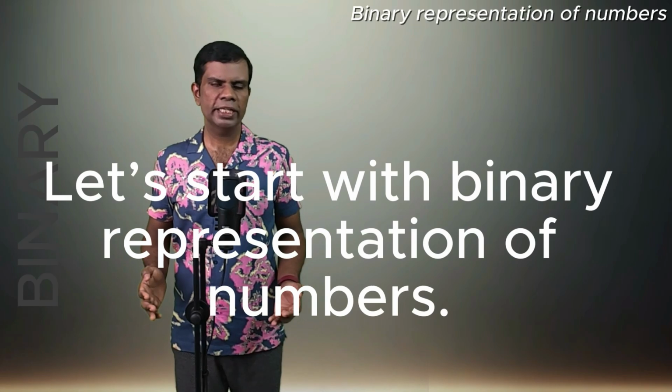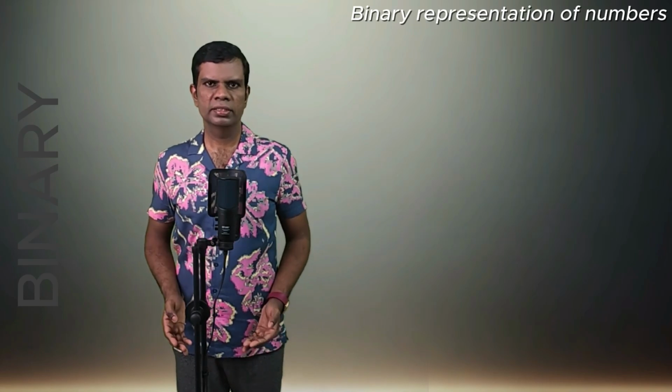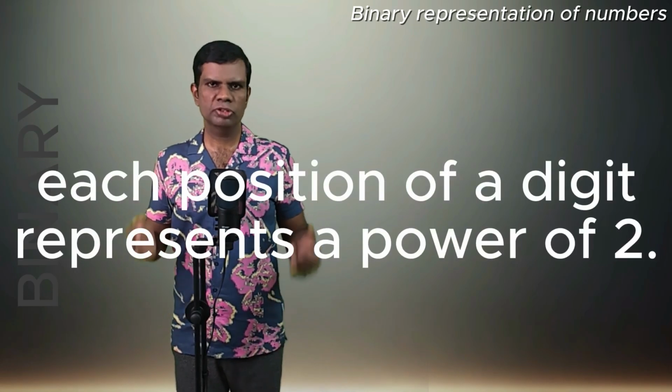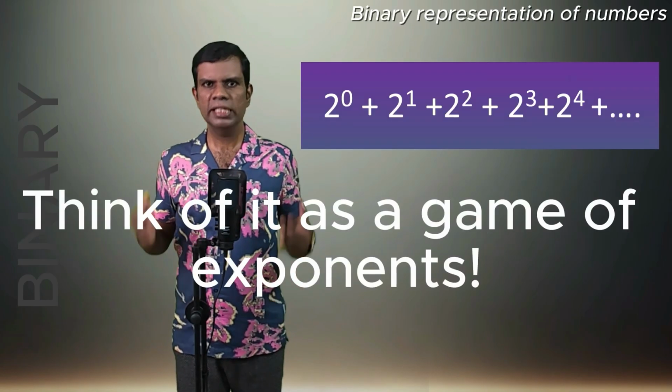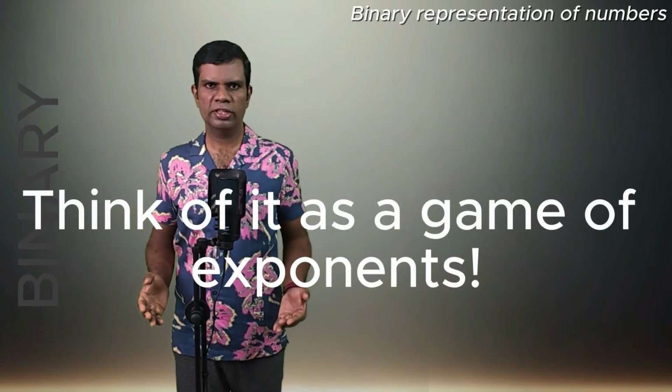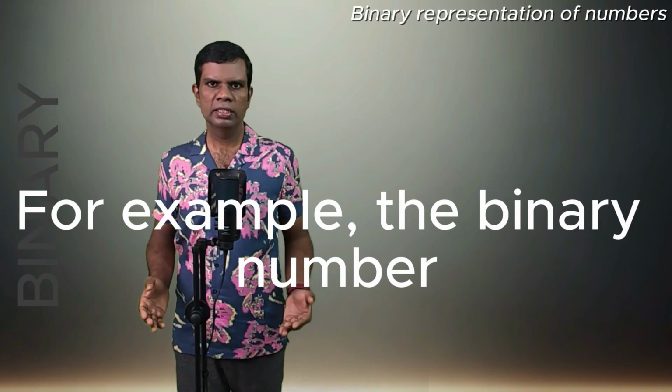Let's start with the binary representation of numbers. In binary, each position of a digit represents a power of 2. Think of it as a game of exponents. For example, the binary number